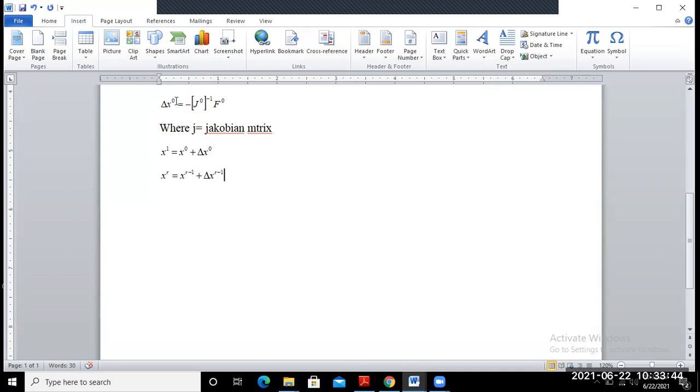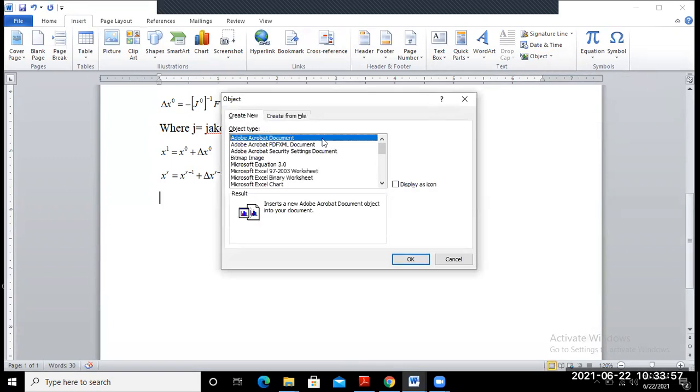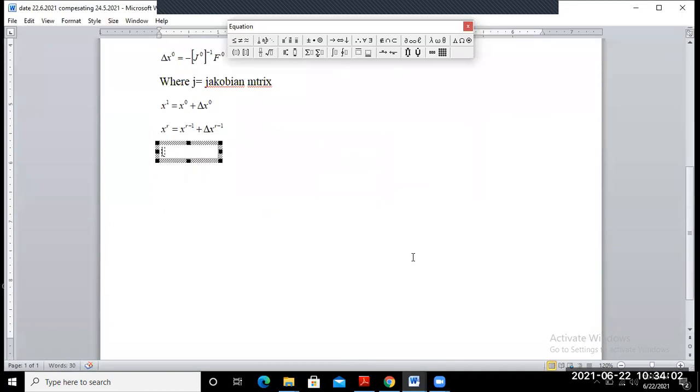From this equation, we can write the value of del x to the power r minus 1 equal to